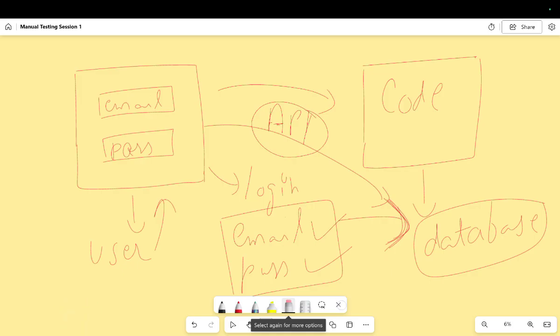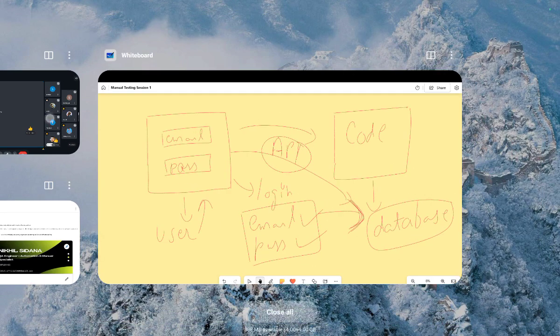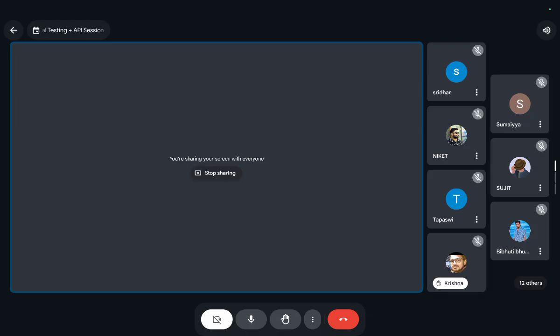Okay, let it be. Okay, guys, give me a thumbs up if you understood this. API is the middleware here. Don't worry, we will be learning API in more advanced things, in more detail, in more depth. But give me a thumbs up if you understood this. I want the thumbs up from everyone present in the session.